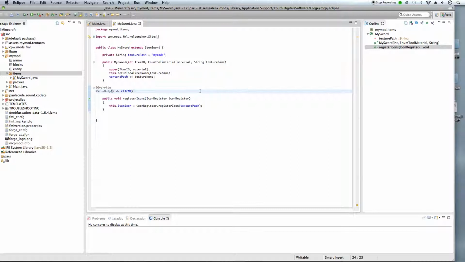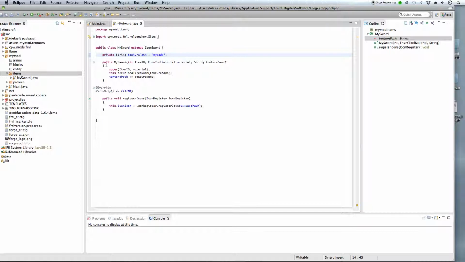Enter public class my sword extends item sword and then this end thingy, and then private string texture pack equals in the these, I'll type it in for you. These things that I just typed in right there, and then you put in my mod,